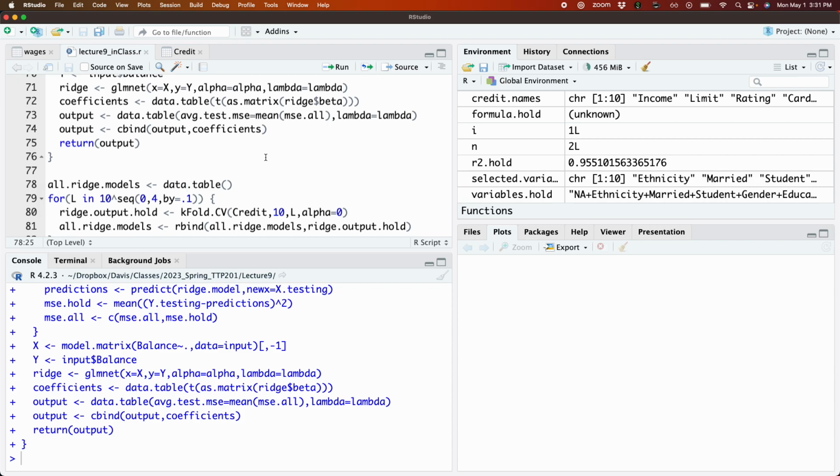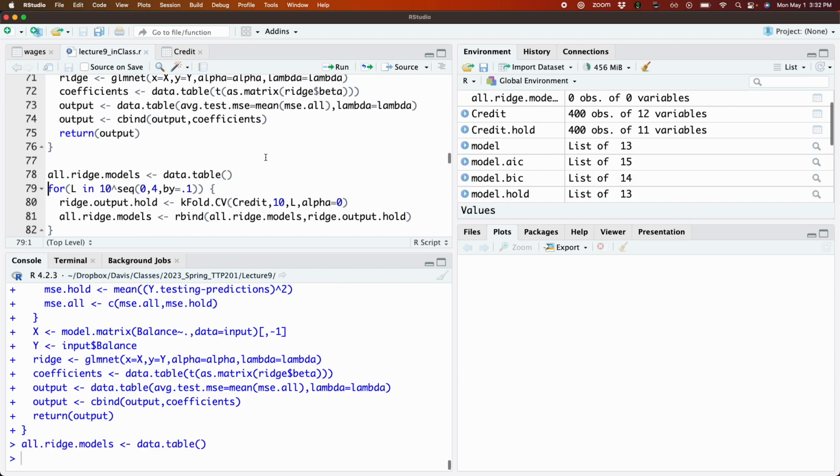So the values for lambda that I'm choosing to walk through are being done in orders of magnitude. So it's like steps of 0.1, so 10 to the 0.1. So it's going from like 0.01, 0.1, 1, 10, and so on and so forth. So you're really looking at orders of magnitude here. So if I run this,